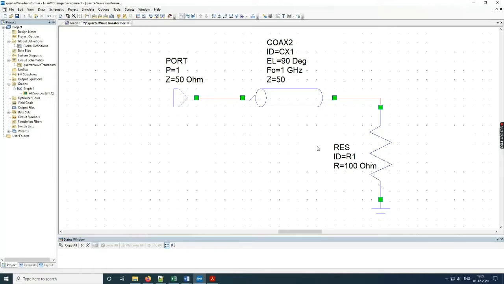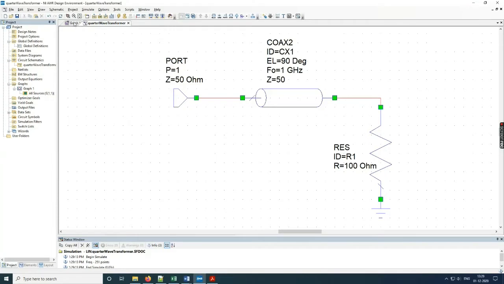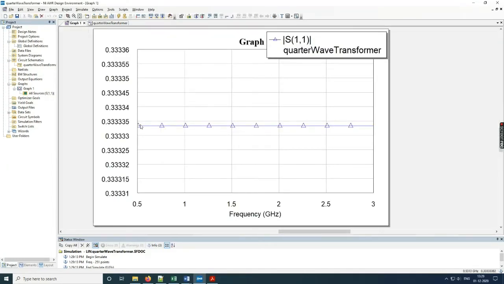What we are essentially looking for is the reflection coefficient seen by the transmission line at the load. So this is the simulate option. It's ready. Let us see the graph. Yes, what you can see is this parameter, which I'm calling S11, essentially the ratio of the output wave to the input wave, both at port 1, which signifies the reflection coefficient magnitude. That is roughly about 1/3, and that is what we expect because the ZL is 100 ohms and Z0